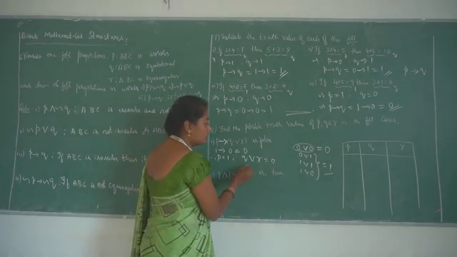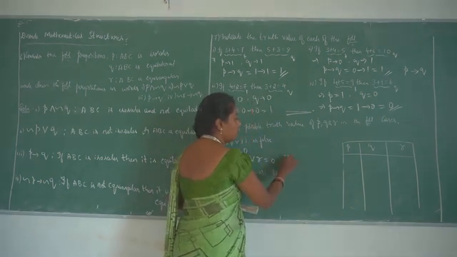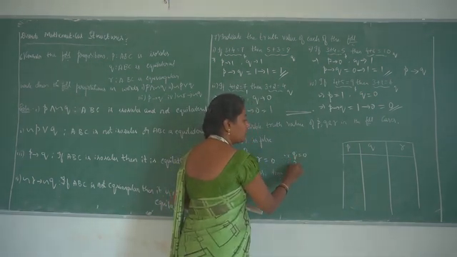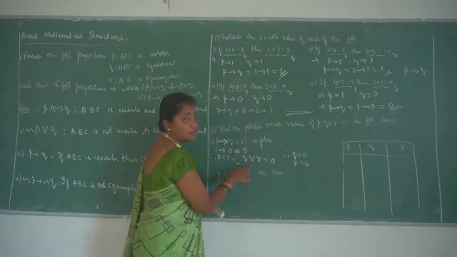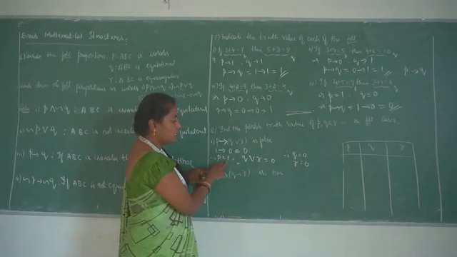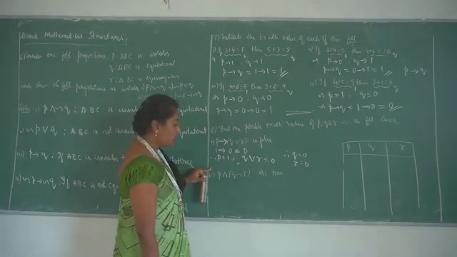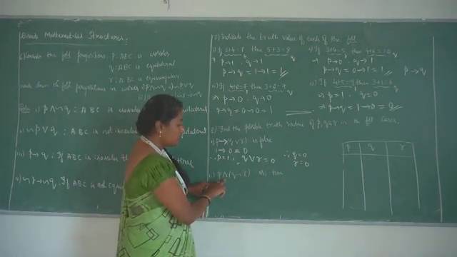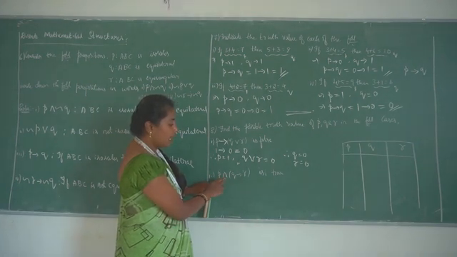So in q or r, since it is 0, that means the value of q is equal to 0 and r is equal to 0 is the only case. In the disjunction, its compound proposition is 0. So in the first one, p is equal to 1, q is equal to 0, r is equal to 0 are the possible case. In the second one, a conjunction statement is given: p, and if